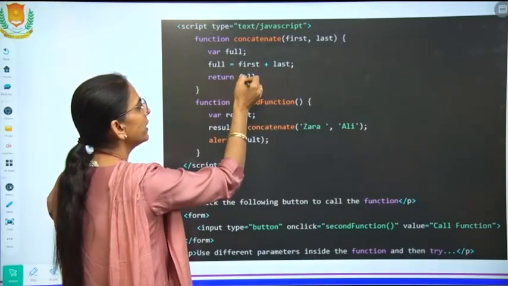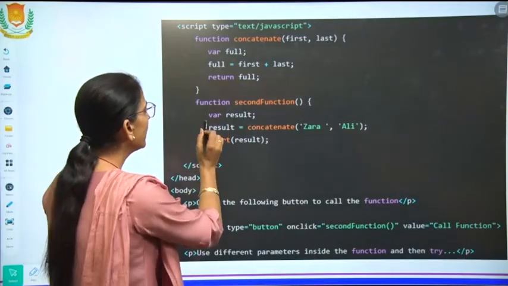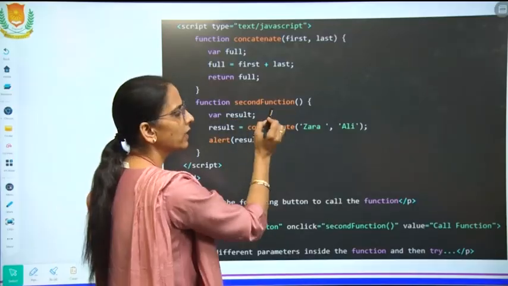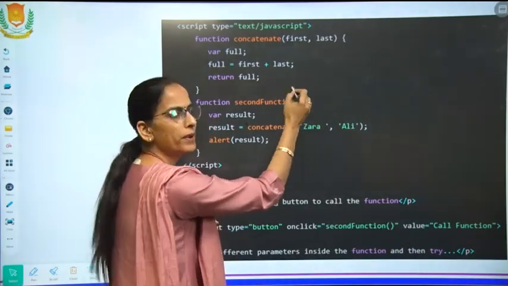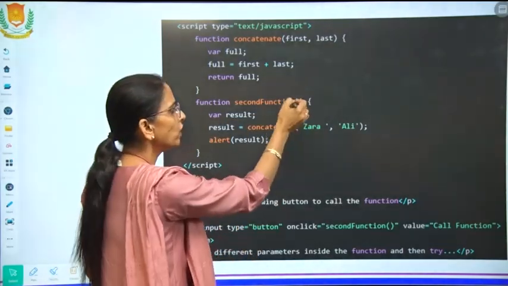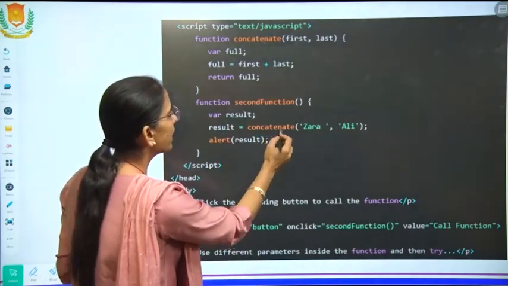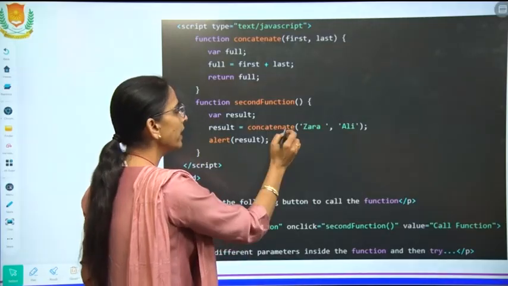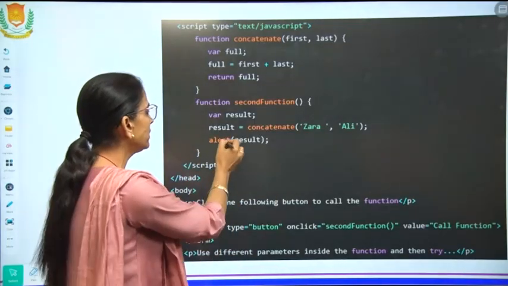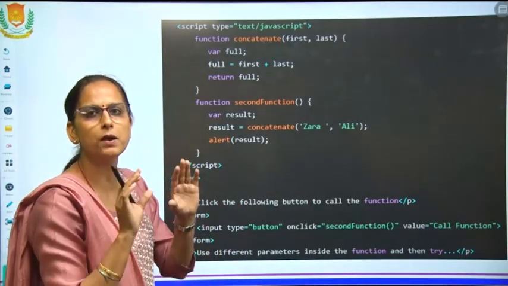So the answer will be returned there. The second function has no arguments written there. We are not passing any argument to it and the result is the concatenation, which will be printed on the screen with the help of the alert function as a pop-up.